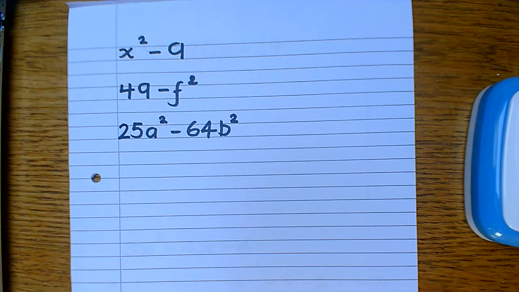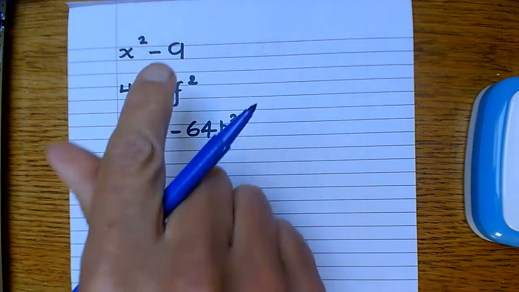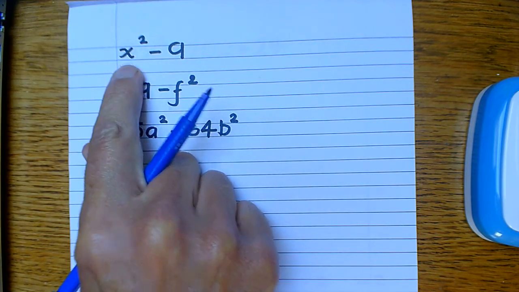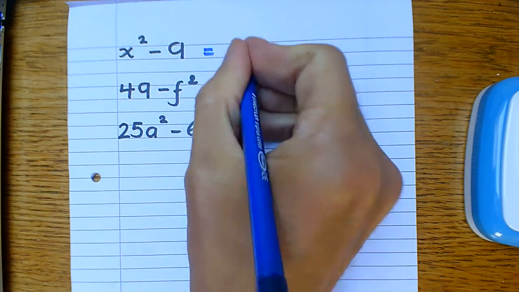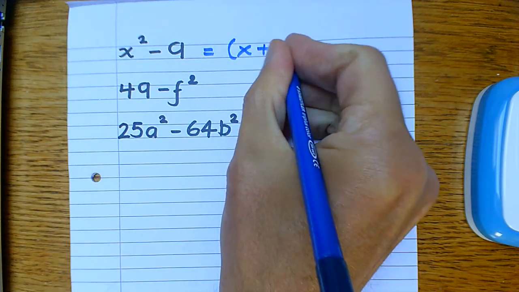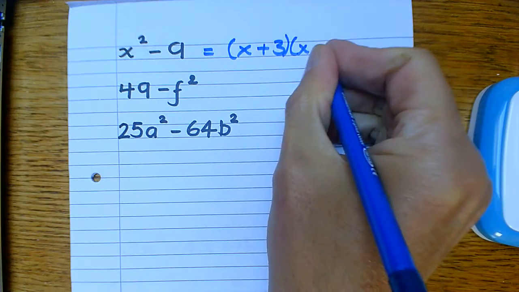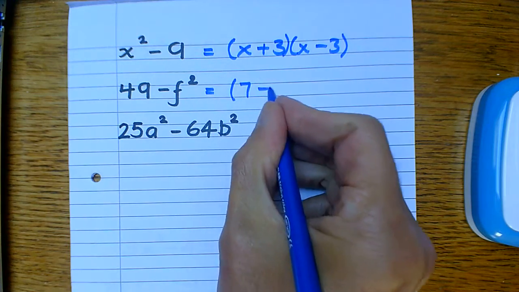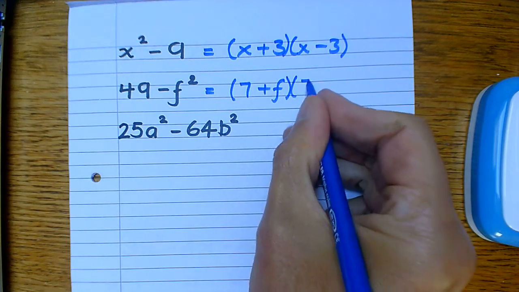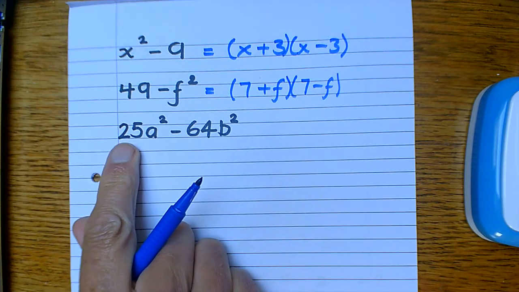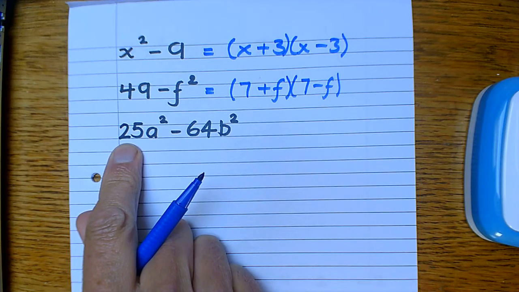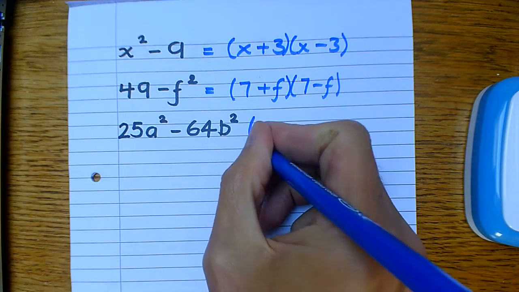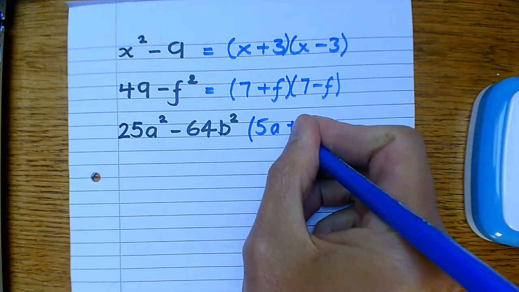Right, next we've got a wee group here of difference of squares examples. Notice they're all subtract and they've all got 2 terms which are either squared or square numbers. So the first one you probably remember has to go as x plus 3, x minus 3. The second one, the number comes first in the bracket, 7 plus f, 7 minus f. And the last one, that's 5a squared, 5a times 5a, and that's 8b squared. So the brackets you would get for that one would be 5a plus 8b,